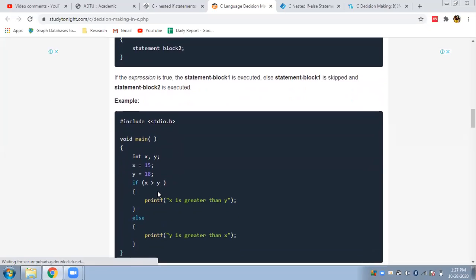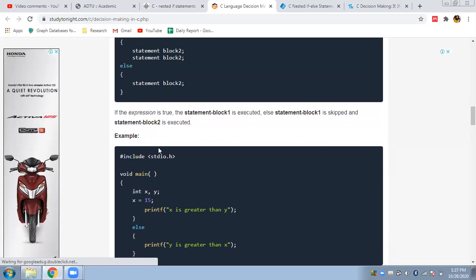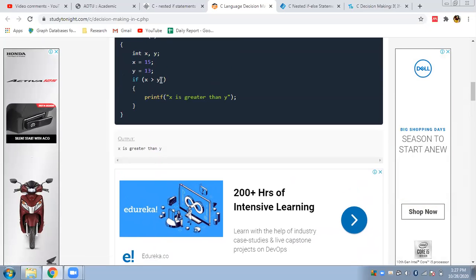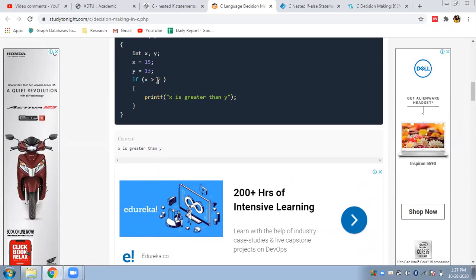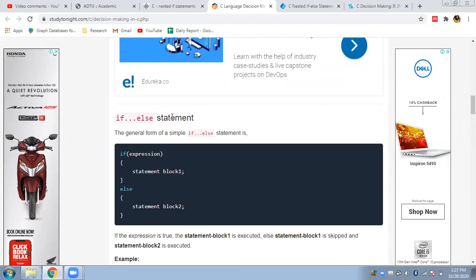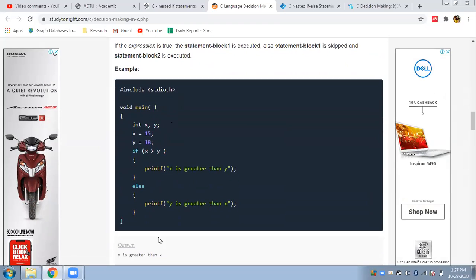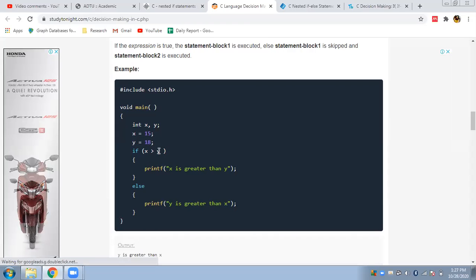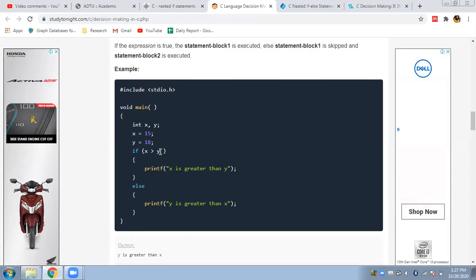So here we have one example again. In the previous example, we just displayed x is greater than y. So if x is found to be greater than y, luckily, yes, we found x to be greater than y because x was 15 and y was 13. But what if we don't find x to be greater than y? What if x is less than y? For that, we don't have anything to display. So that has been made possible using the else part here. So here x is 15 and y is 18. Again, we do the same thing. We compare, is x greater than y? Since this condition is not true, you will not get inside.